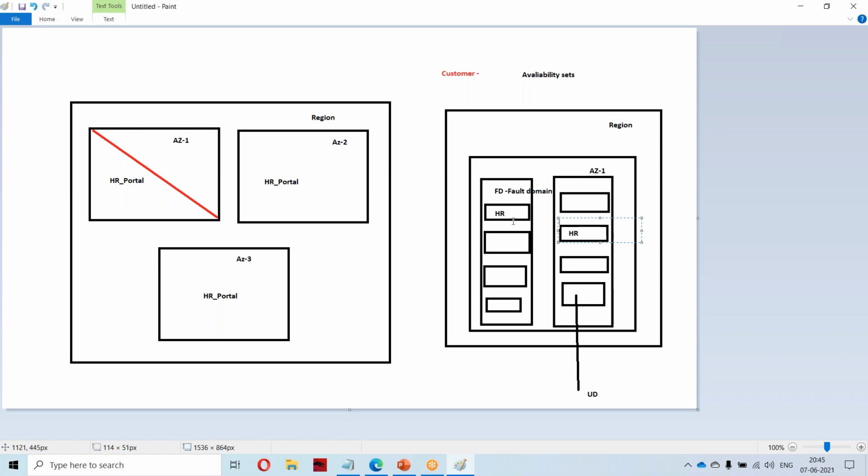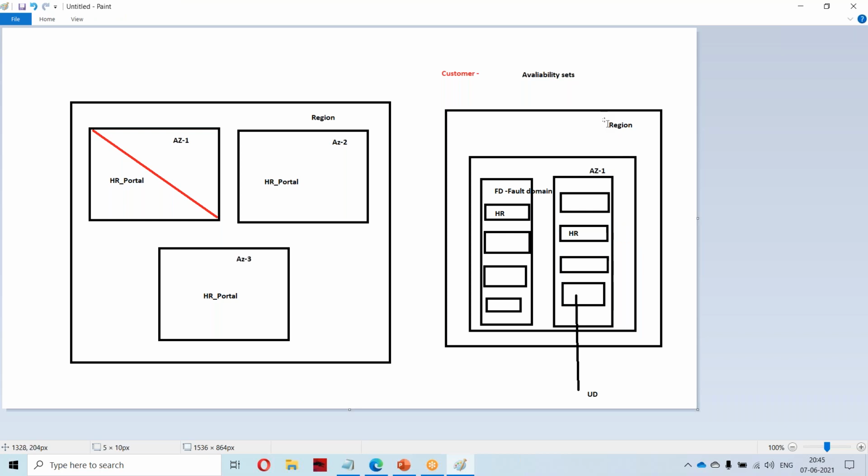This will go to maintenance mode. During that time the other will serve. And when this one is being upgraded, the other will go to maintenance mode, vice versa. At any point of time, one should be able to pick up your load. Okay, and there is one more case.